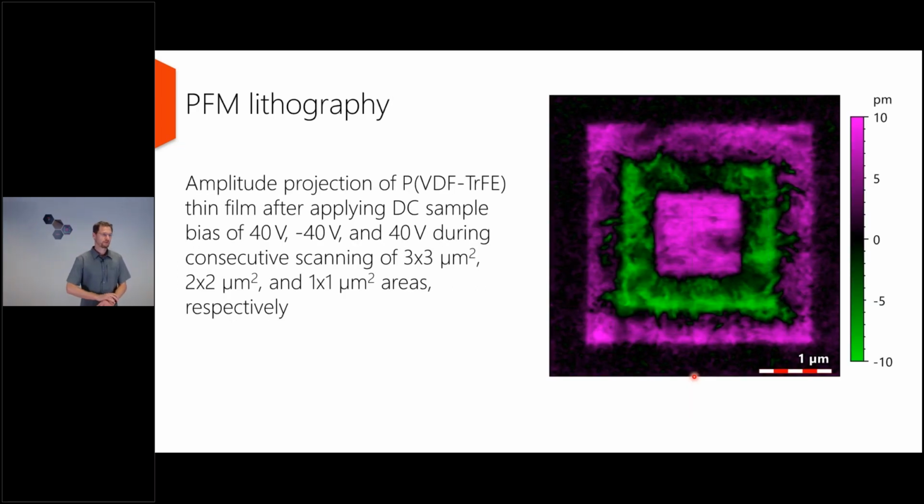Once you know that, you can do the so-called box-in-box or box-out-box experiments, where you can polarize your sample as you desire. An area of 4 times 4 micrometers, and inside it an area of 3 times 3 micrometers, was scanned at a voltage of plus 40 volts, then a 2 times 2 micrometer area was scanned at a voltage of minus 40, and there a center area of 1 square micrometer, again at plus 40 volts. And after that, I recorded a